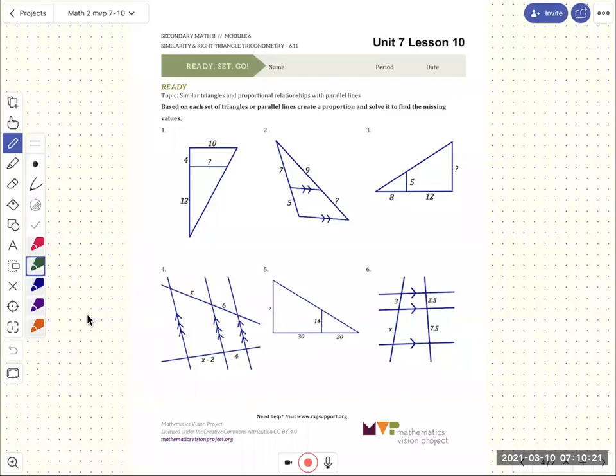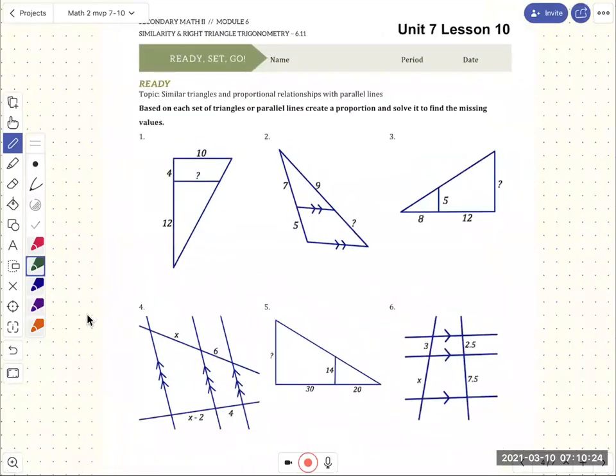Okay, so the fact that we have each set of triangles here. When we look at number 10, you wonder, well, I don't know. Why don't they tell us that those sides are parallel? They don't tell us that those sides are parallel, so I'm not sure. If they had done this, then we'd know for sure that we had